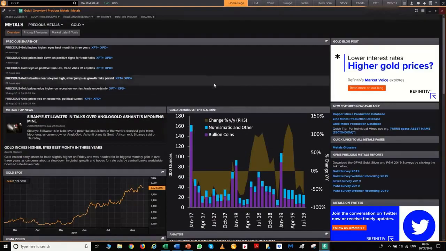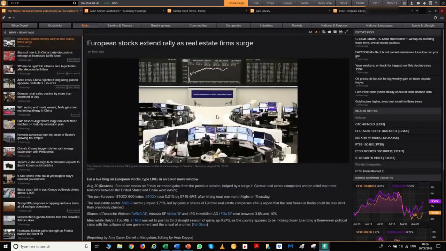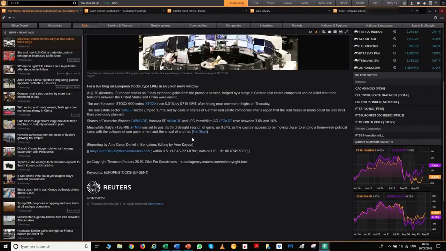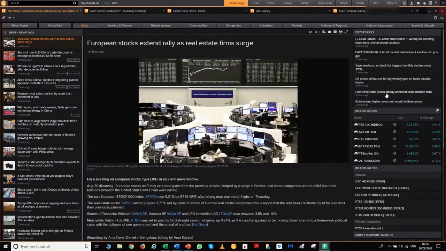And with any great toy, whenever you get it, you just click on all the buttons to see what everything does. But I like to start off with the news section. I've already set it up to show me the news front page, and this gives me all the news around the world that is moving or potentially moving markets. At the moment we've got European stocks. If I click on the main headline, it will give me the exact Thomson Reuters news article as to what's happening, all the tickers, any fundamental news or price changes, etc. Click on the back button,